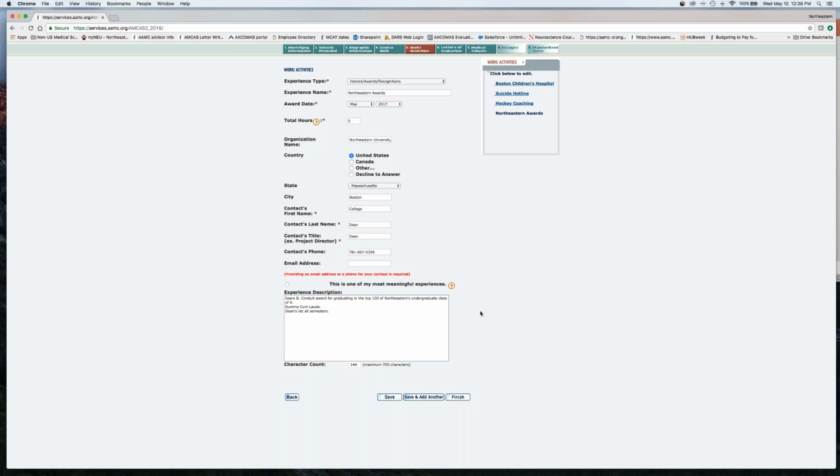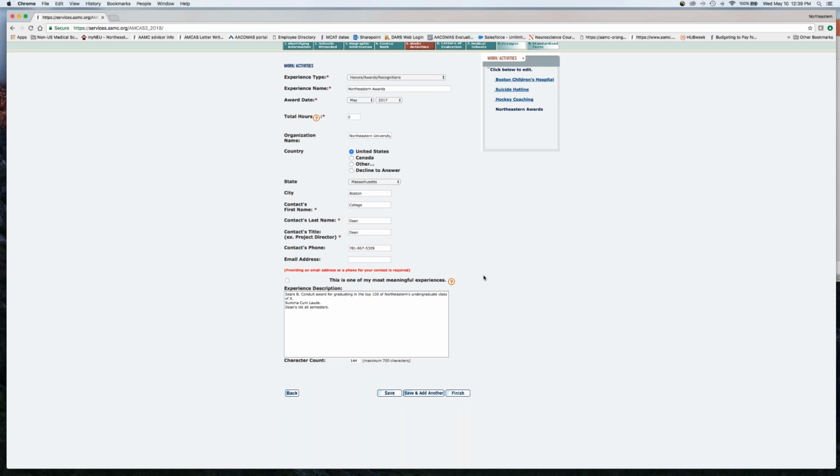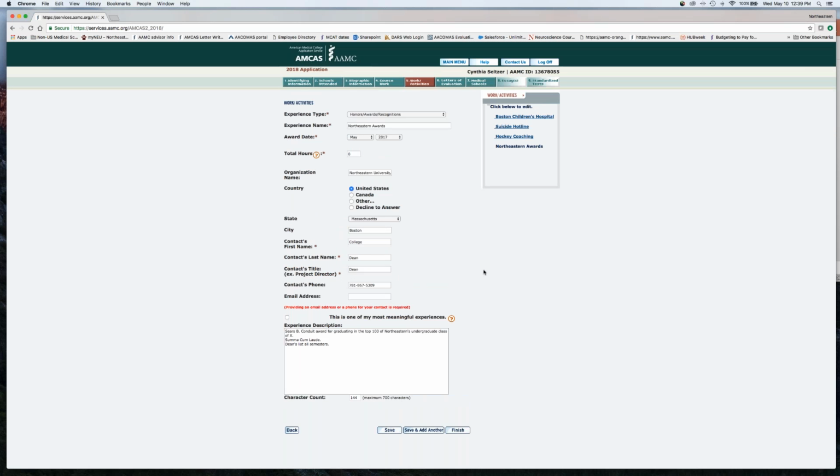I used to be an academic advisor, and people would put me down for dean's list, and nobody ever called me. But it is very true that they do spot check these, and somebody could be contacted. So again, you definitely want to fill these out. I would recommend filling these out sooner rather than later, so that when you print off your application or